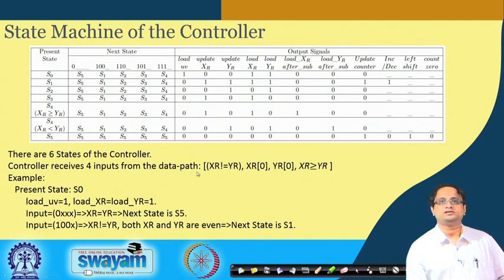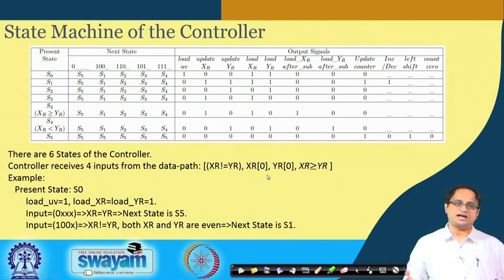So it receives XR is not equal to YR, XR0, YR0, which are the LSBs of XR and YR, and the result of the subtraction, that means XR is greater than or equal to YR or not. So all of them can be indicated by 0, 1 values, right. Therefore, these essentially determine the state transitions, as well as having influence on the output of the